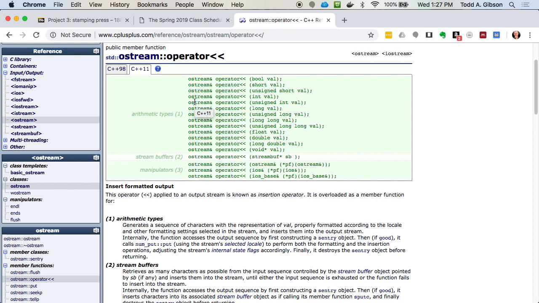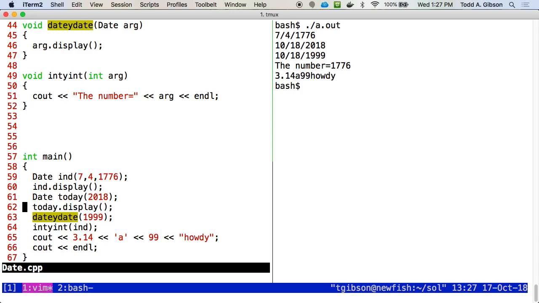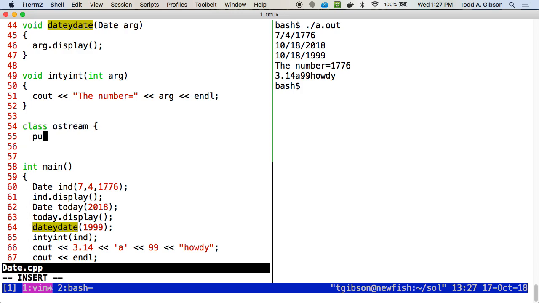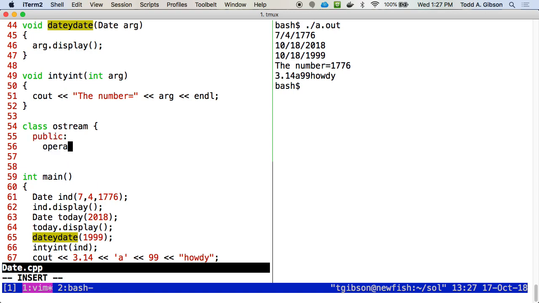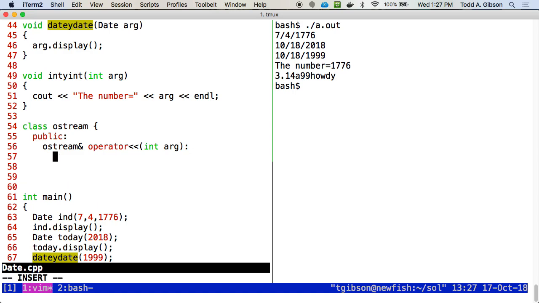It's the same as when we did the exception handling project. We returned dereference this, so we returned a reference to the object, which was pointing to the calling object. That's exactly right. So you can imagine class OStream, and in their public area they have this operator Chevron that takes an integer, and then if we were to bust open the code for that,